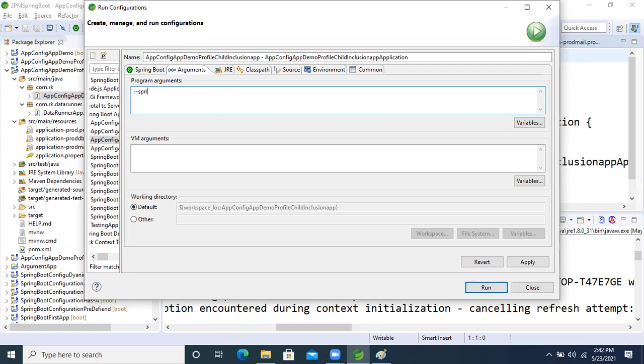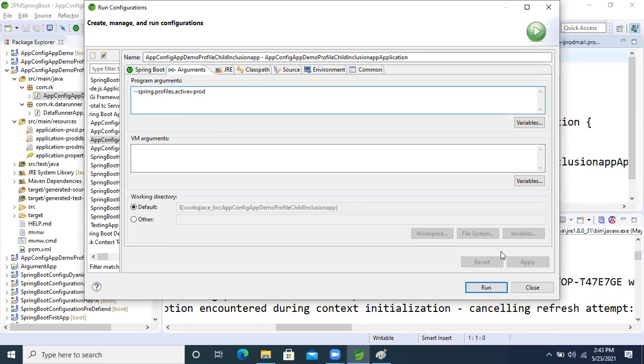Hyphen spring dot profiles dot active equal to prod.